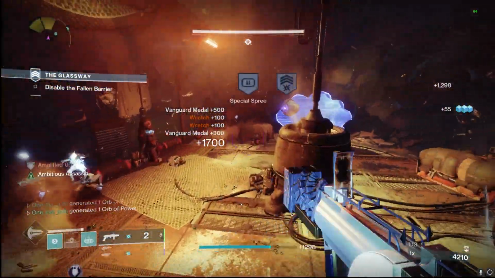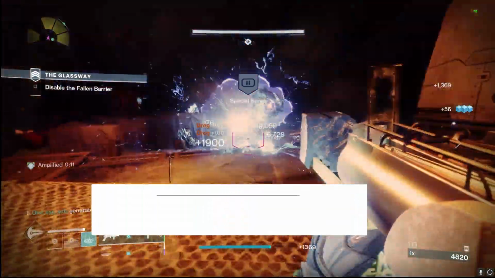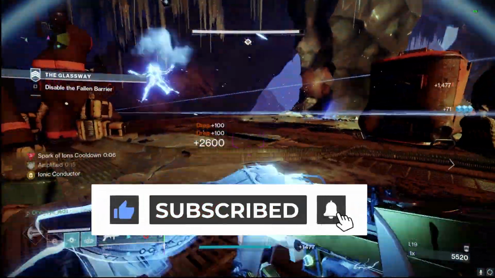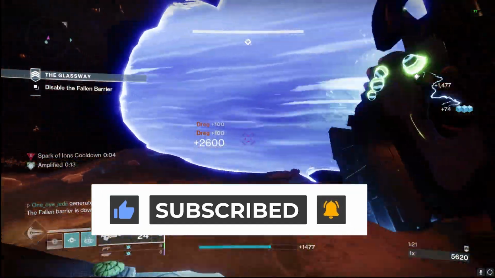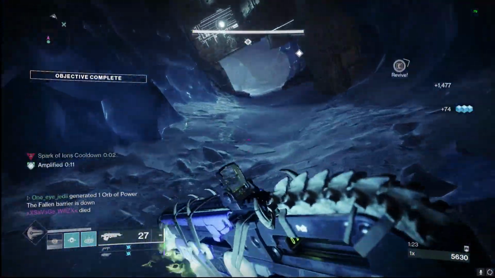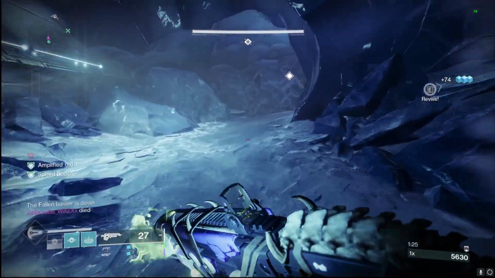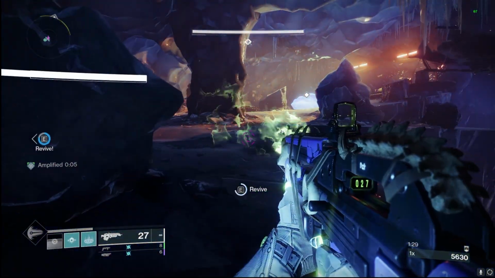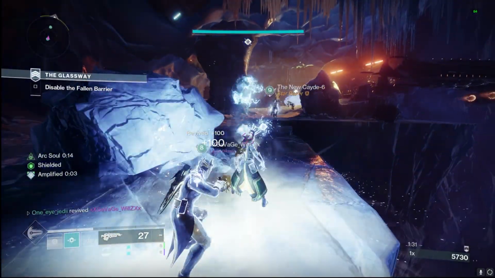Today we're going to be taking it to another arc build for y'all with the Fallen Sunstar Exotic Helm for our Warlock, allowing us to use all of those ionic traces to our advantage to spam even more of our arc abilities. Definitely one of my favorite exotics for the arc subclass and Warlock here, so we're going to get right into it